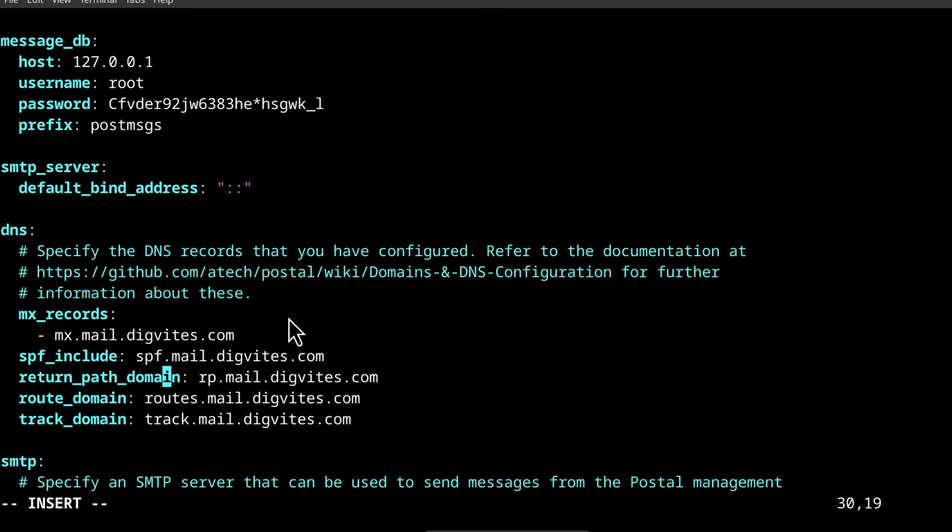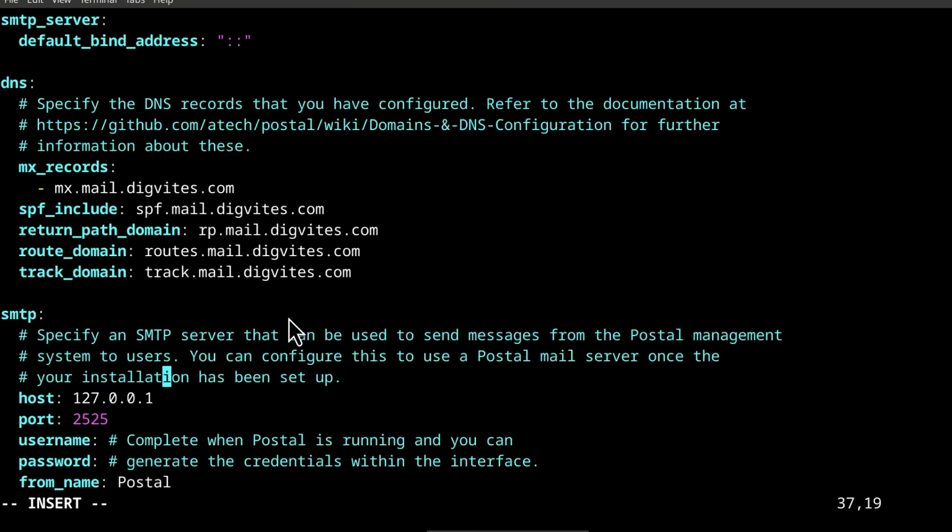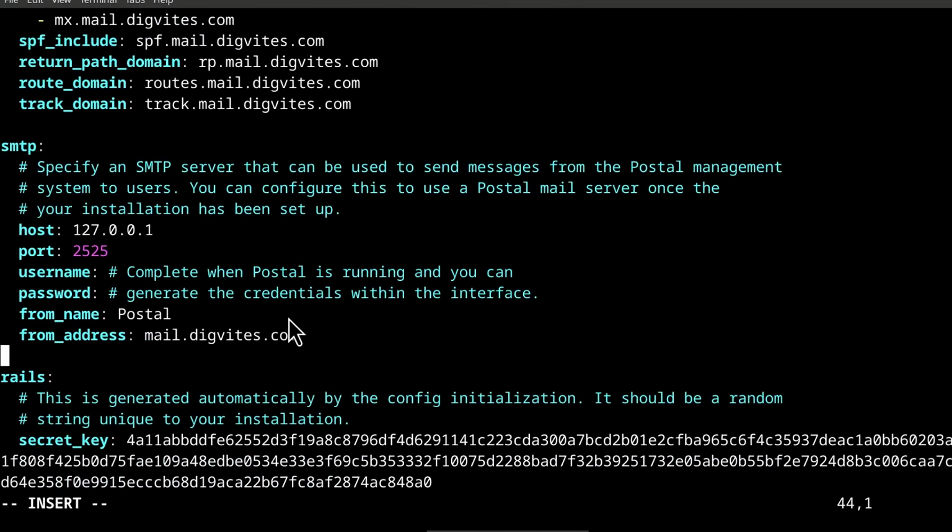So for the DNS records, I'm going to add this later, not now. I'm going to add them once I add the domain to the postal interface, and I'm just going to use that to help me. And if we test and we see any errors, maybe it is not at 100%, maybe DMARC is not working, SPF is not being recognized, we're going to do those later on, all these DNS records. So this is not important here for now.